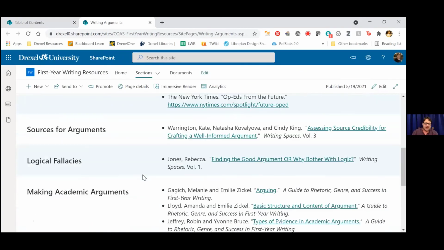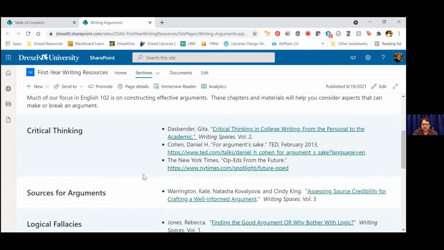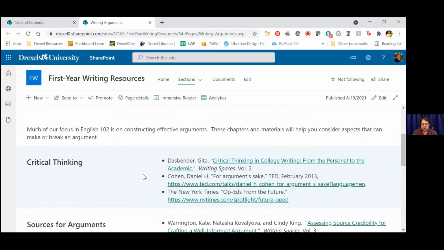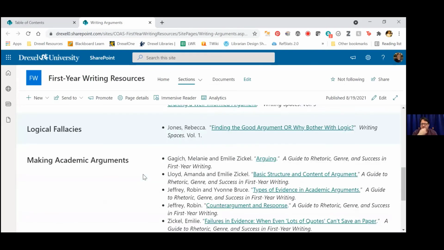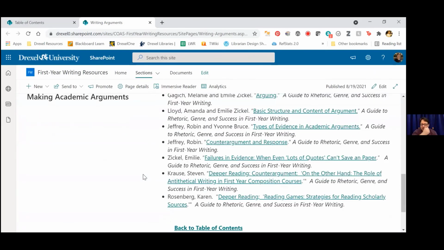So some critical thinking stuff, some fallacy stuff, and I'm using the basic structure and content of argument under sources for argument. Oh no, there's lower. About how to make academic arguments. Okay. Sorry, I got distracted by some links. I changed that link